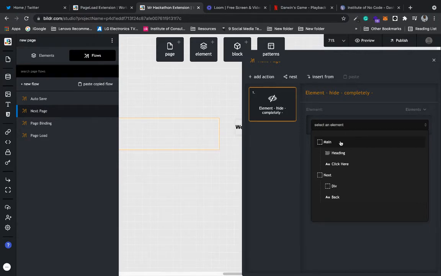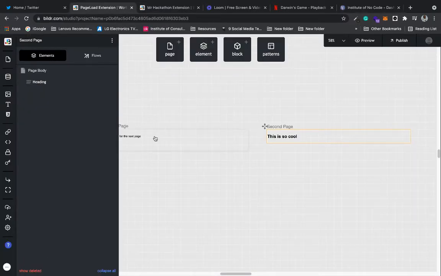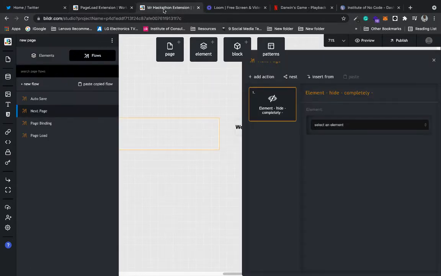Remember, we're not switching from one page to another, we're embedding the second page into the first page. So to the user, if I go back here, it looks like we're switching from one page to the next, but actually this is being embedded in the first page. So this is just one page. Hopefully that makes sense. So we go back. So we're going to completely hide this main element. And what we actually want to do is show